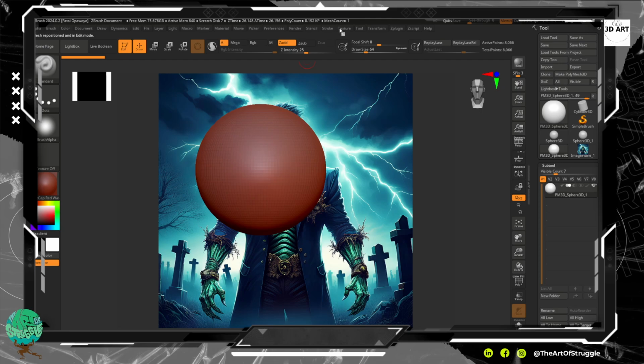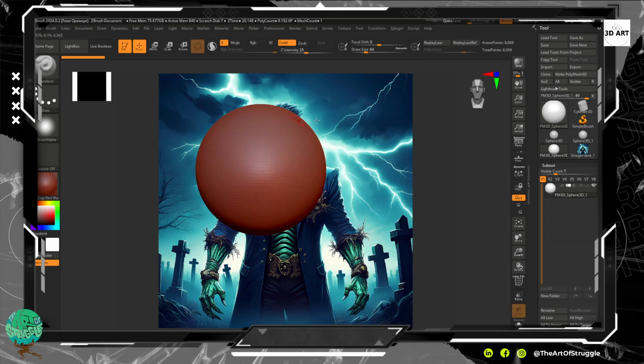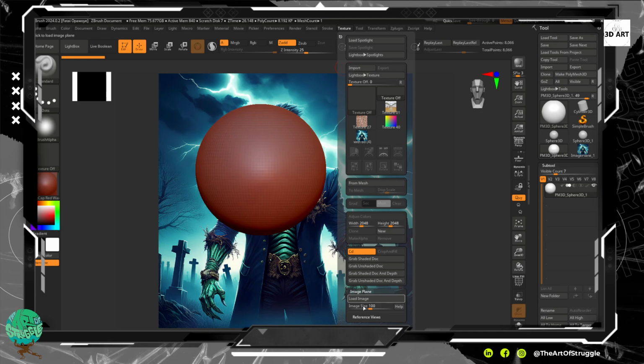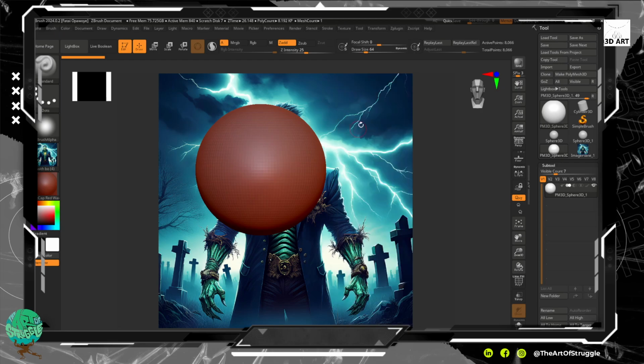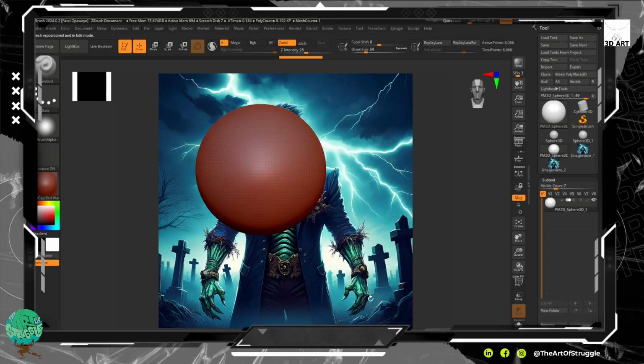What you're going to run into though sometimes is if you have your texture, it might be too big, right? It might pass the borders. What you're going to want to do is reduce that image size and then reload the image. You're going to have it selected like this in texture, and then you're going to load the image. So let me show you what that looks like. Let me go to 110. And then I have my image selected here because I've already loaded it in. And then if I do load again,